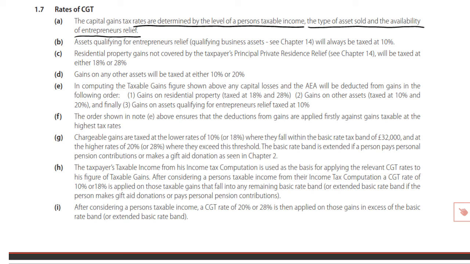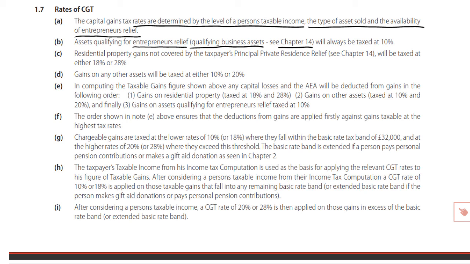Right, first of all, that last one, assets qualifying for entrepreneurs relief. An entrepreneur, someone in business, disposing therefore of qualifying business assets. That, as we'll discover, is not simply selling off an asset you use in the trade, but selling off a part of the business, a separately identifiable part of the business, or the entire business itself. Now, this relief and all the other CGT reliefs that we need to know, we will find later in Chapter 14. All that we need to know at this stage is if there is a gain that so qualifies, that